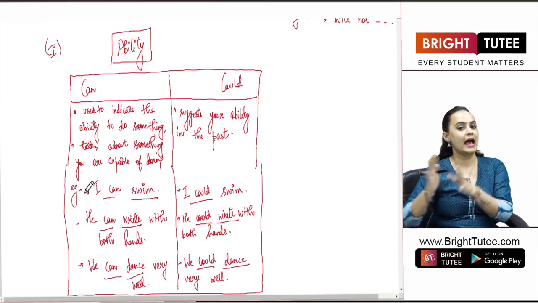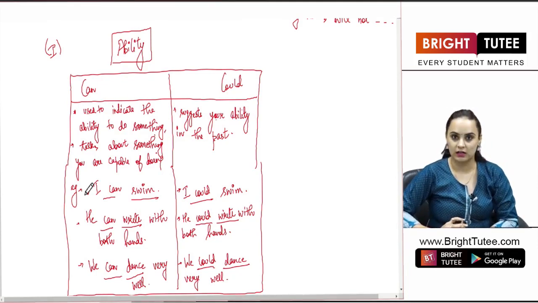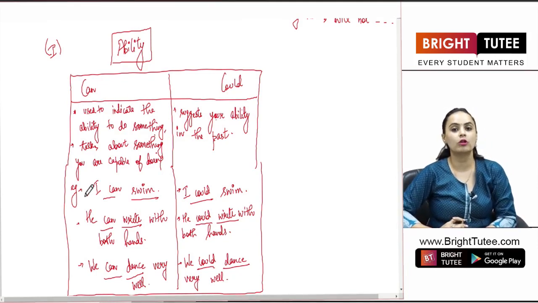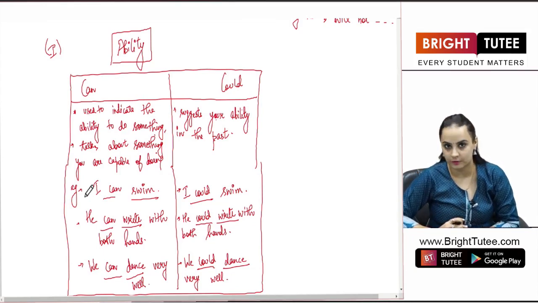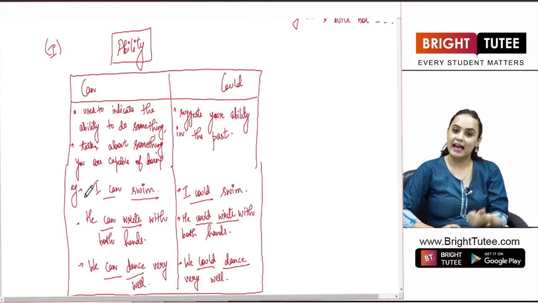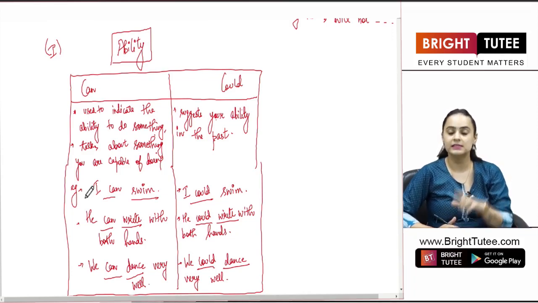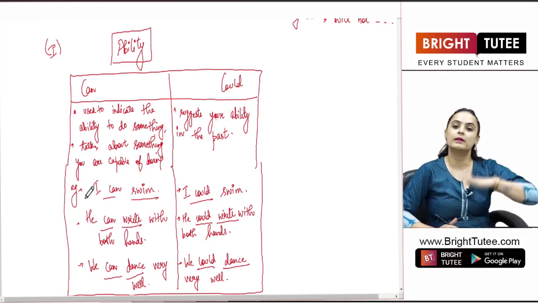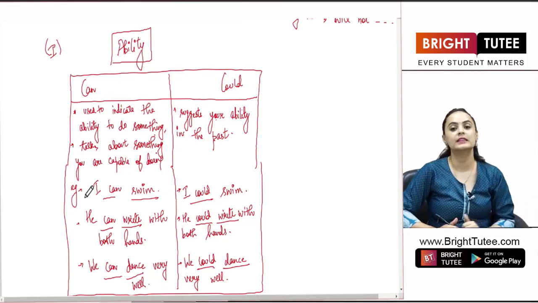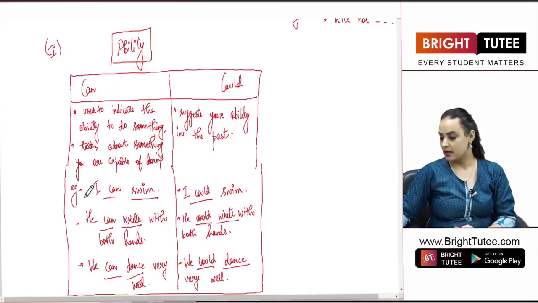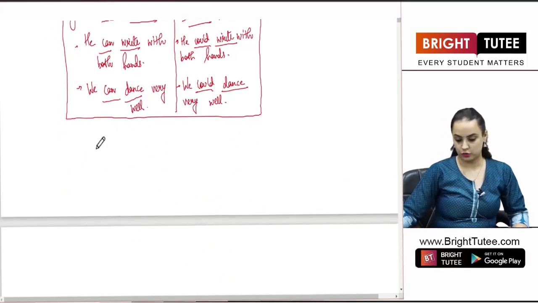So, can and could are the two modals that we use to talk about the ability of a person, where can is used to talk about your present capabilities, could is used to talk about something that you could do in the past. Okay. Now, the second expression is